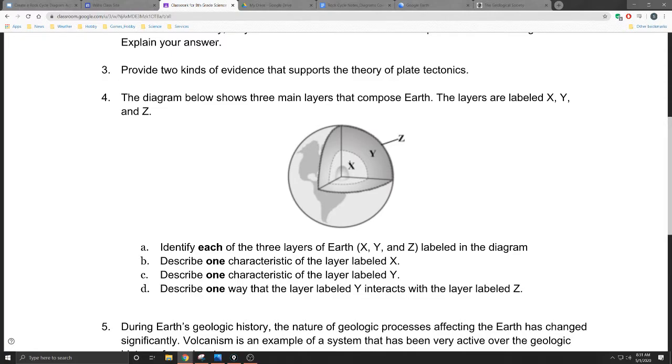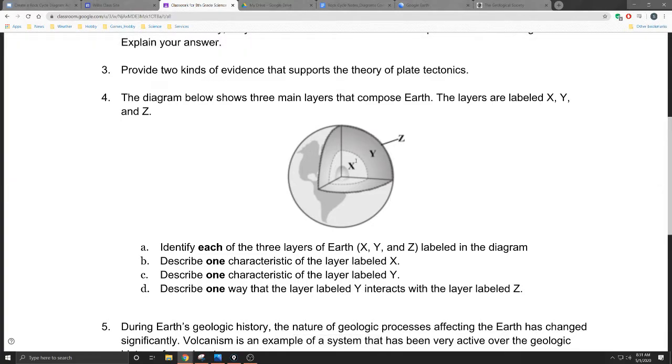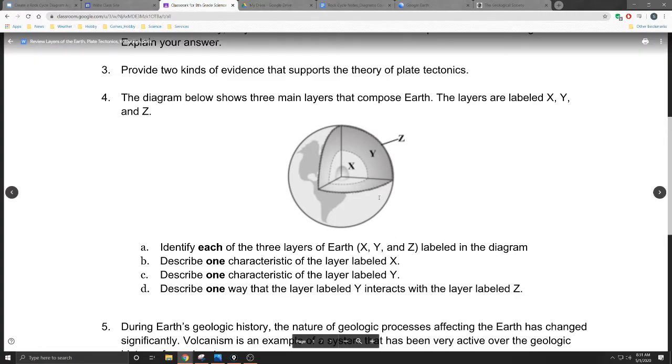It is welded to the crust at the top, and then down at the bottom of the mesosphere, which is the bottom layer of the mantle here, we're going to see a lot of weird transitions between the outer core and this, where it's going to go from that liquid metal outer core to that very weird, rocky, liquidy kind of bottom layer in the mesosphere there. So that's what we're going to be looking at there.